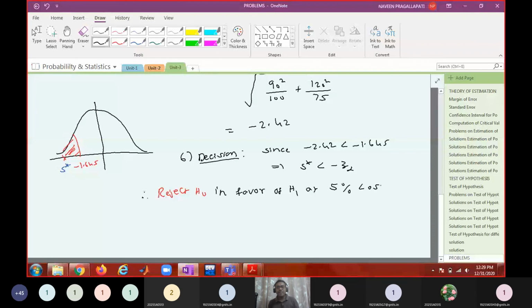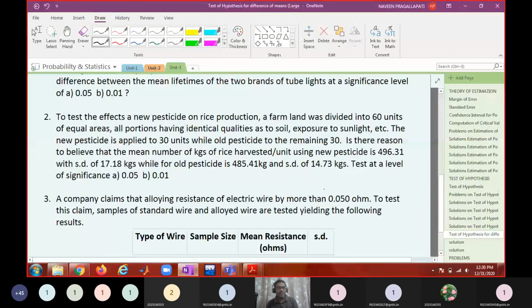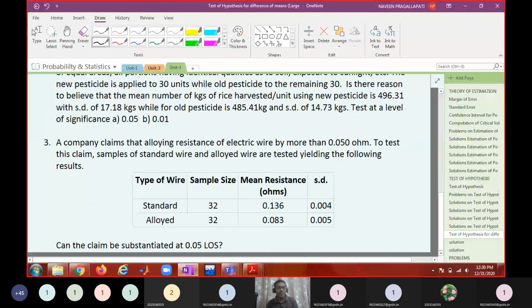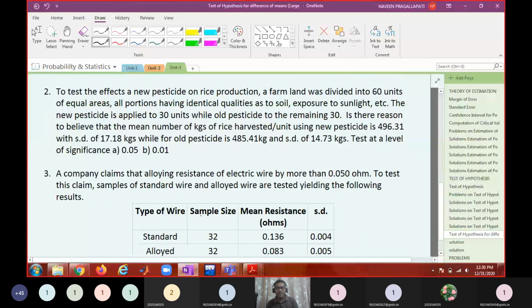That's it. So altogether your decision depends upon the kind of test you are applying. Your decision also depends upon the level of significance that you are choosing. And all the remaining problems are just like this: either right tail test, left one-tail test, or two-tail test. Okay, so get the data and I'll share the remaining problems with you. Okay, try these problems.